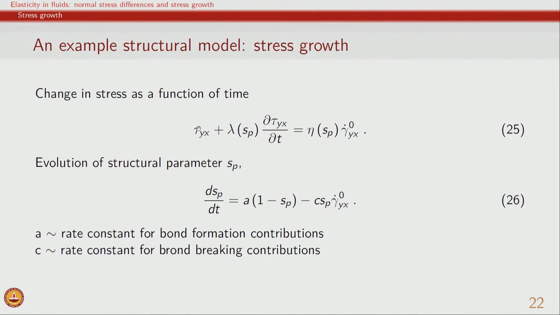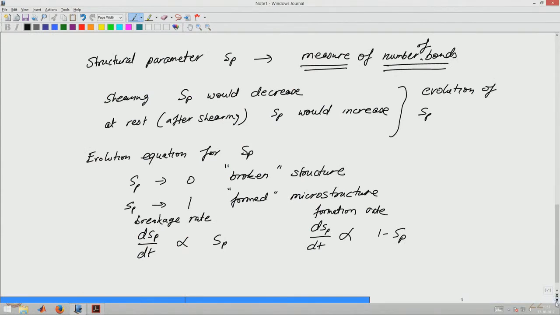a structural parameter is being incorporated into a constitutive model, which we have already been seeing many times. We have seen that the response of this model alone, if lambda and eta are constant for stress growth, was just an exponential function. Now, given that the parameters themselves also depend on the structural parameter, what happens is these lambda and eta also evolve as a function of time when a constant strain rate is applied. So, when you apply a constant strain rate, that leads to a constant rate of breakage in terms of C and gamma dot being constant, but SP itself evolves, and the evolution of SP will eventually lead to again a steady state. So, in general, what you would have when shear is applied on the material is the fact that